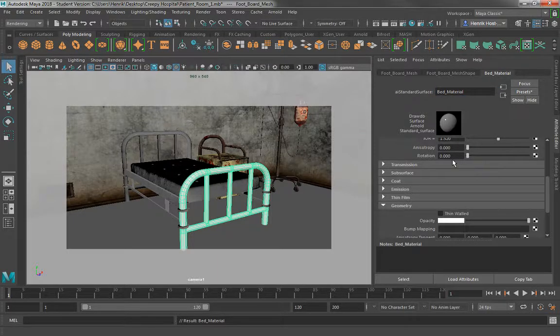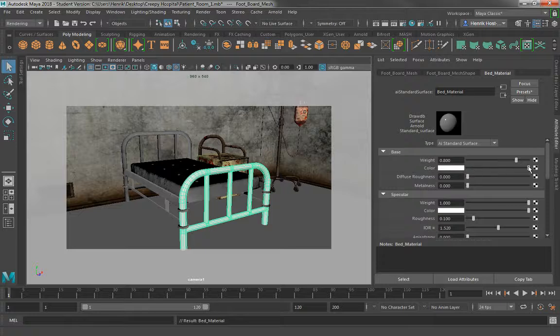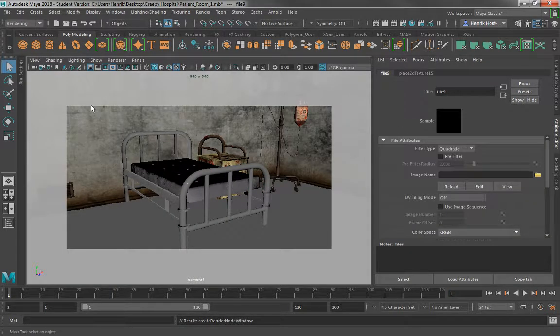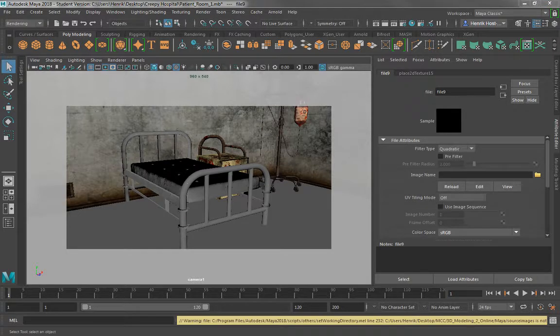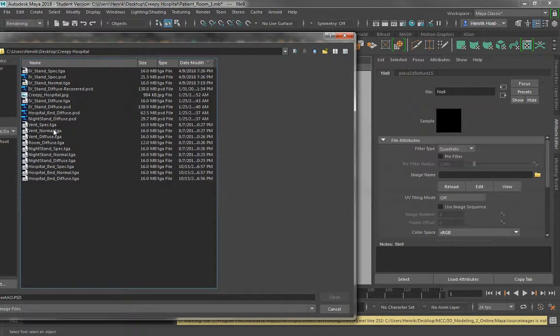Alright, so for the color, I'm going to select my little color here, the checkerboard, and then over here I'm going to go to File, and then in Image Name, I'm going to locate my file here, and I'm going to do hospital bed diffuse